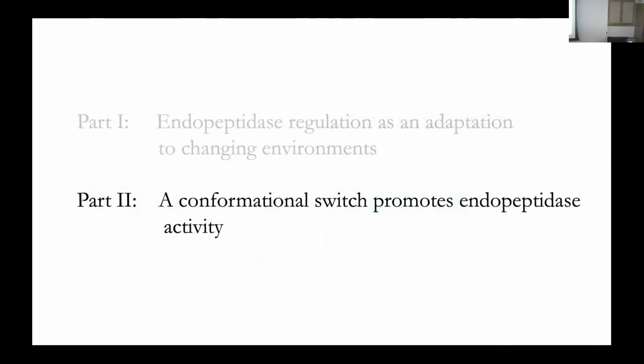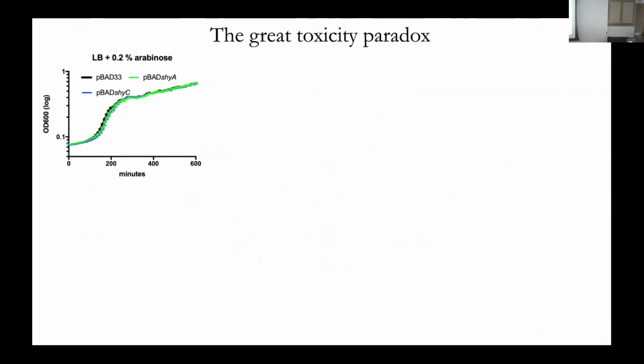All right, so that's basically the genetic regulation part of the talk. I want to move on to something that we're really excited about right now, which is a conformational switch story. So I've always been puzzled by one thing. I've already told you that all these autolysins are potentially really, really dangerous, right? If their activity goes out of whack, they destroy the cell